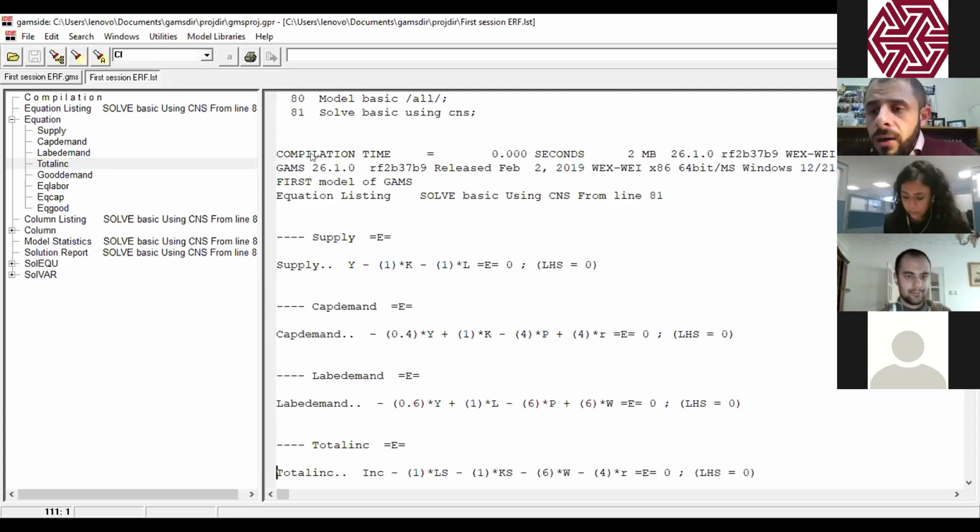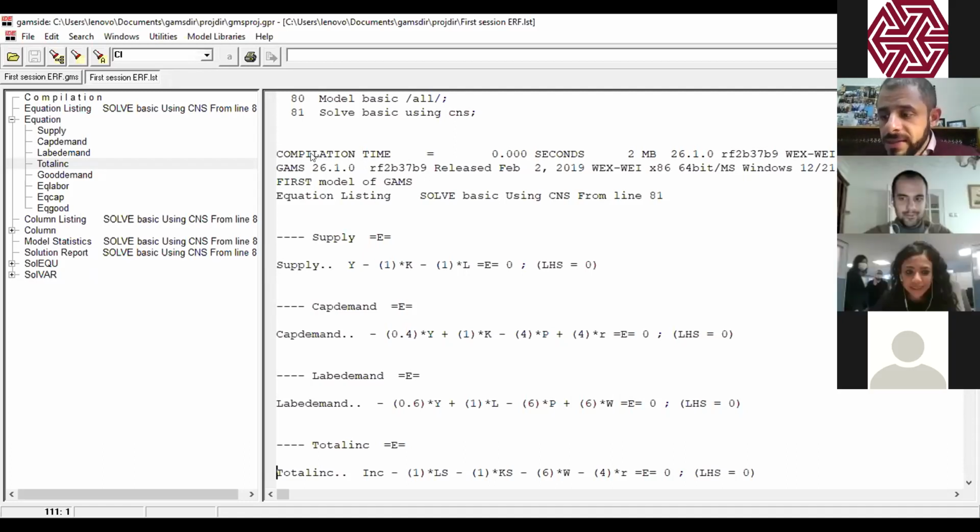And that's why, whenever I don't have any problem in my model, my left-hand side should always be equal to 0, meaning that the two sides of the equation are identical.